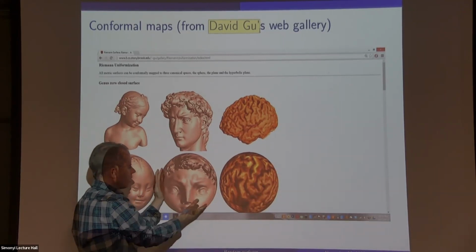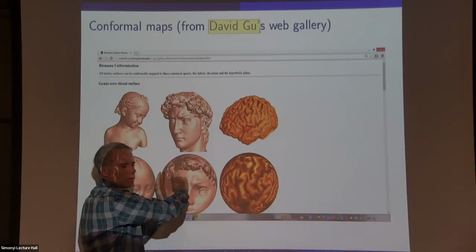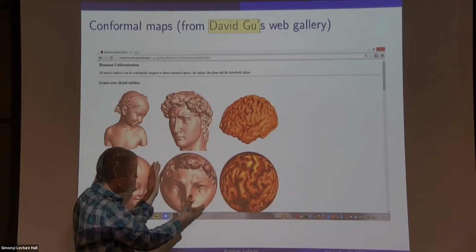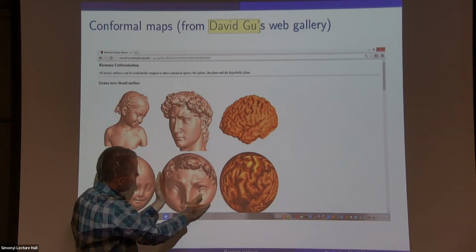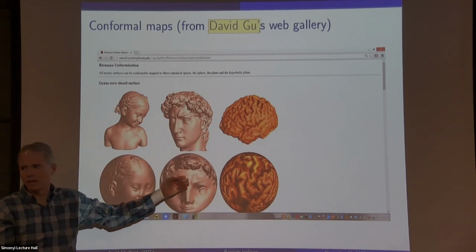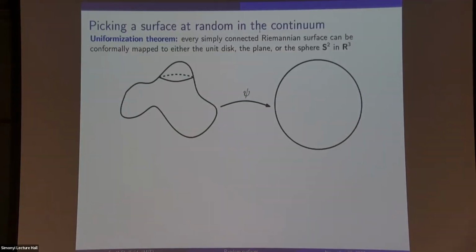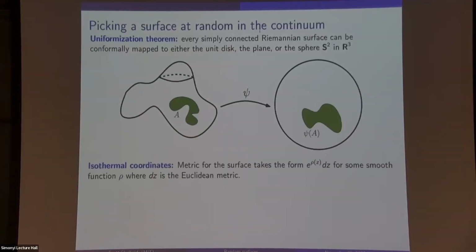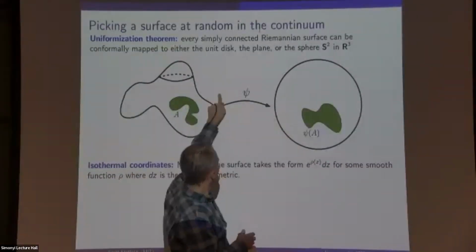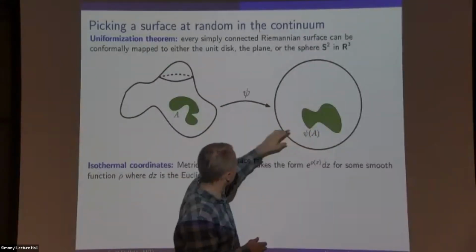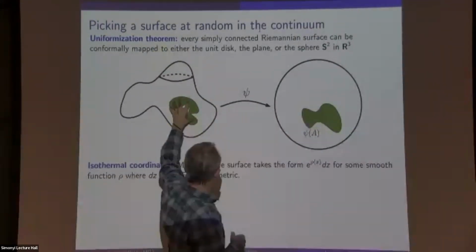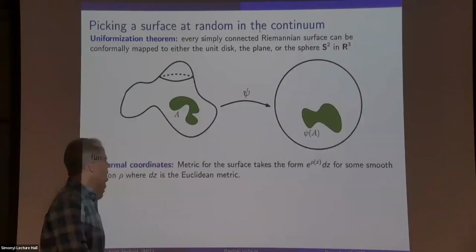If I just give you the area measure on this surface, you can recover the length measure and other measures from that. In some sense, this measure I get on here by pulling back the area here, it somehow encodes everything I need to know about this manifold. I mean, not a specific embedding in R3, but in terms of a metric space, for example. So if I want to pick a random surface, I imagine any surface I get, I can pull it back here with the function psi, and I can define an area measure down here by pulling back the area measure upstairs. And what I want to do is define